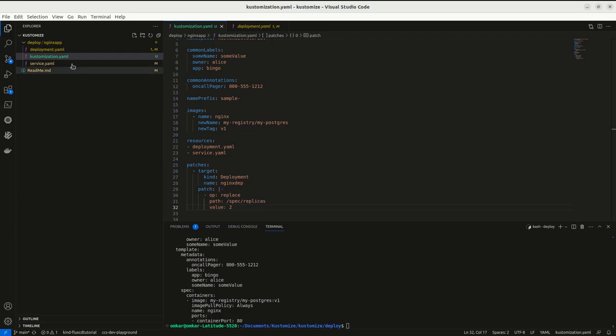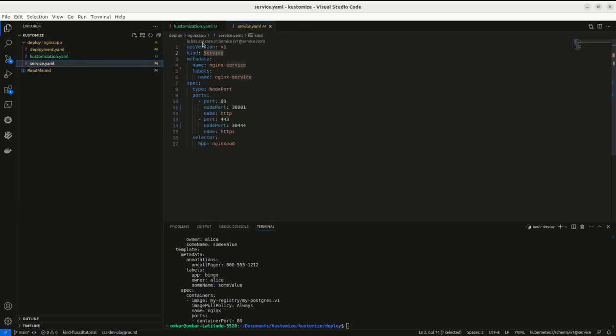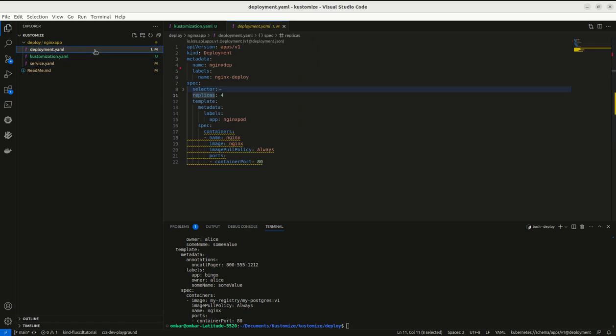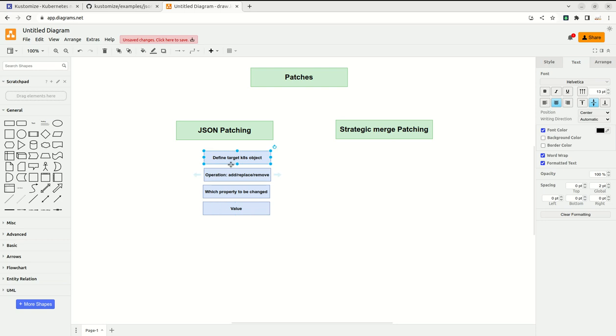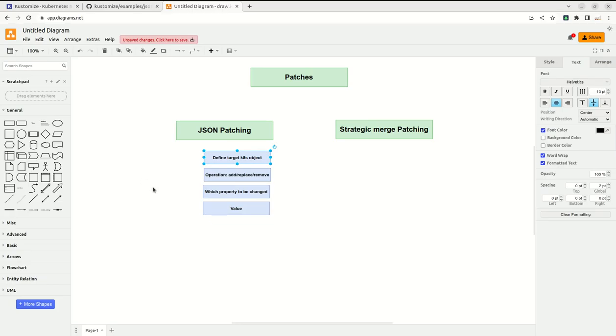For example, in our manifest files we have this deployment object and service object, and in these two we should first know to which target object we want to do the patching. For example, if we want to do patching for this deployment object nginx step, so once we know that, then